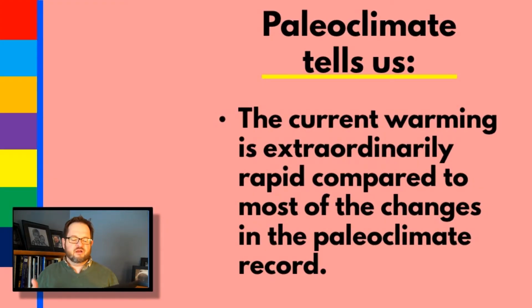But the current rate of warming is extremely rapid compared to what we see in the changes in the paleoclimate record. If you look back through past records, you never see such a spike as what we're seeing right now. That's not entirely true. In a later day, we're going to talk about the PETM. I can never remember what PETM stands for. That is a climate optimum that happened about 60 million years ago. It happened very abruptly, similar to the current one. But in general, the natural variability does not seem to look very much like what we're seeing during the